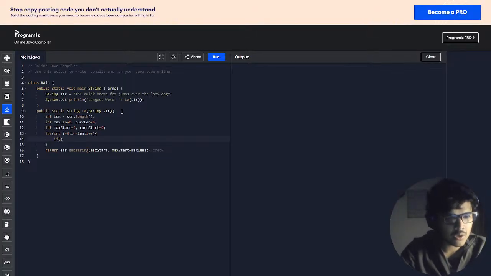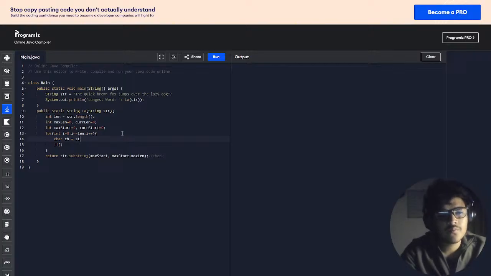Then what do we do? We create a condition where we write the case where we want things to go wrong. And what are those conditions? First things first is that we want our current character ch is equals to, and we want to check if